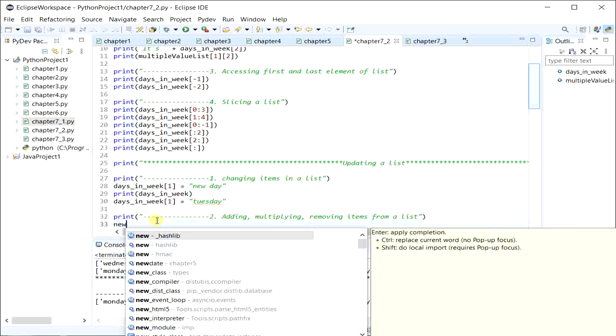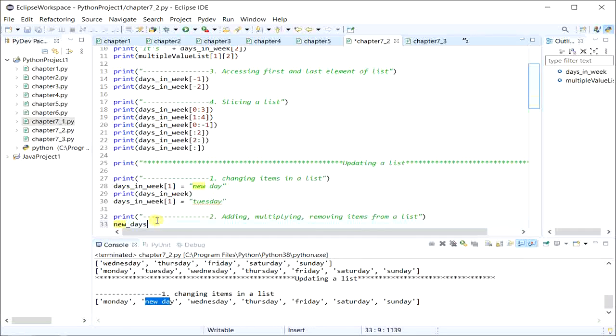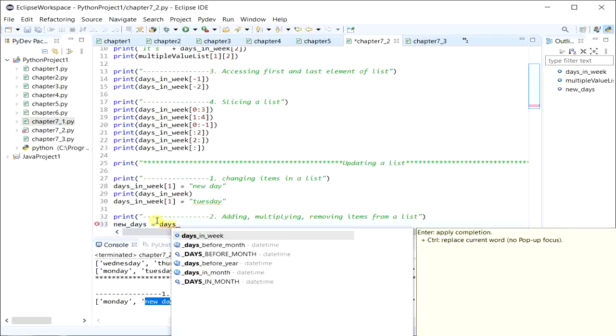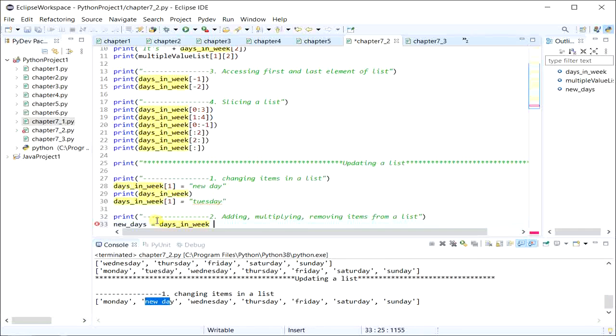Consider a new list called new_days. We will have the original list days in week and we'll add a different list to it. We'll add the characters A, B and C to the second list, and both of these will add and create a new days list for us.